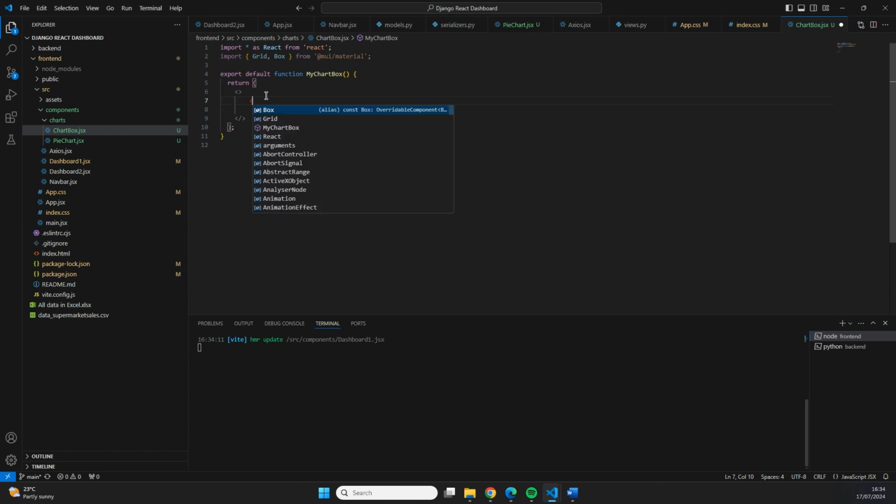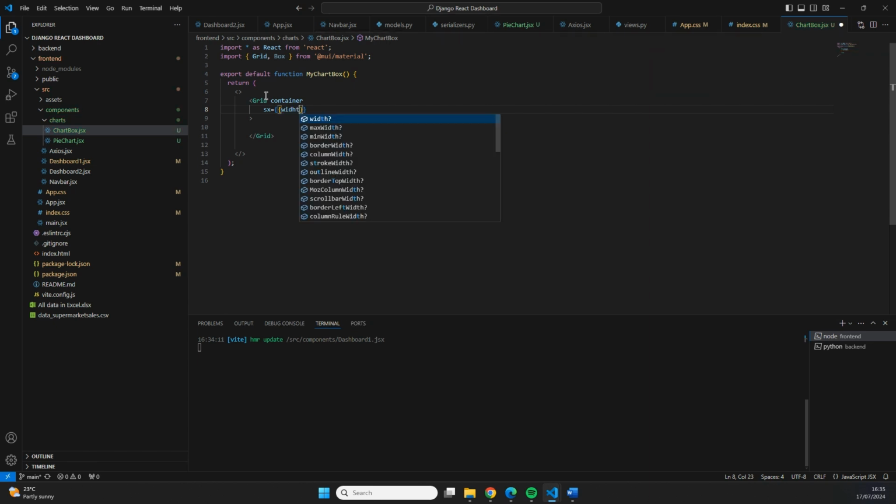Then we're going to start with one grid at the beginning, and on that grid we're going to apply some styling. So firstly we say that this is going to be a container, so it knows how to behave, and then we do SX and an equals sign and 2 times the square brackets to indicate that the width of this container needs to be